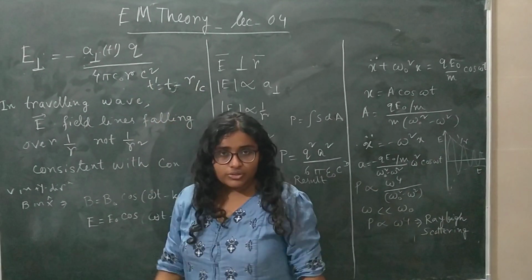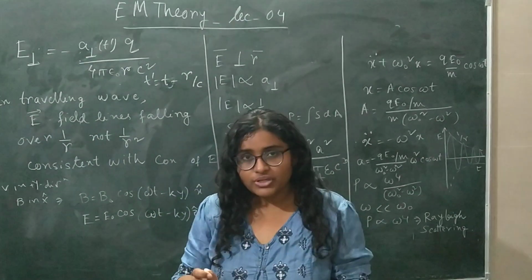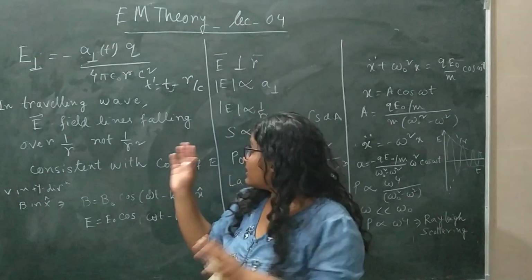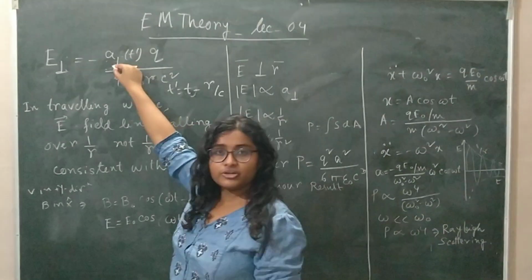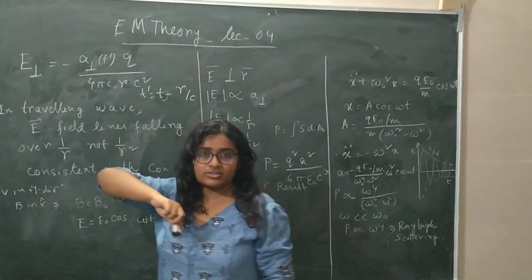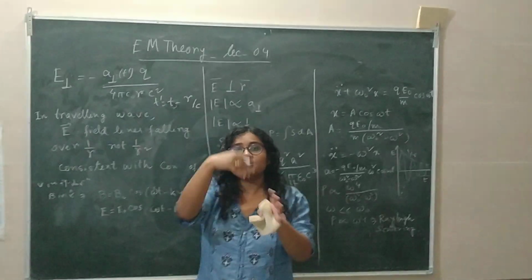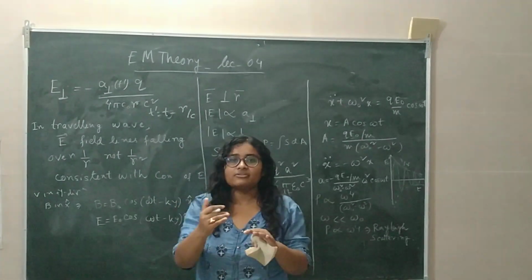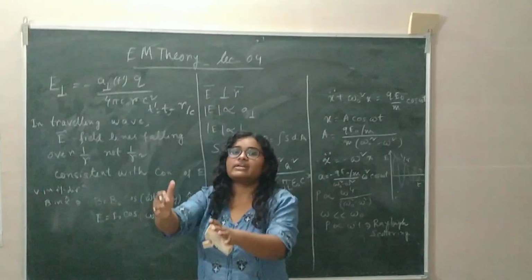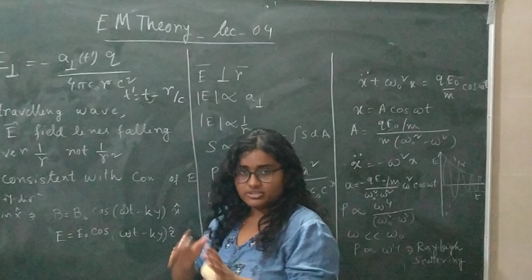And I told you that the generation of the EM wave can be understood as due to the perpendicular component of the acceleration, that is the a perpendicular term. There is a kink in the electric field lines, that is a curve of the electric field lines, which will manifest itself as the propagation of the electromagnetic wave with velocity c in free space.